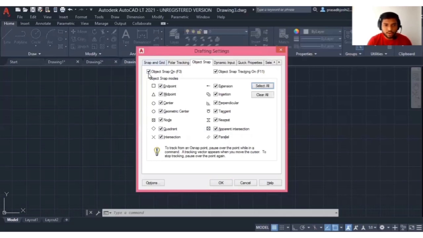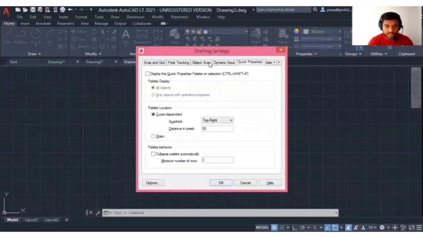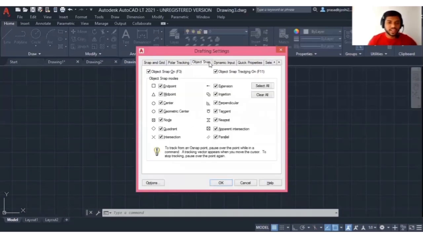Click on this box to activate object snap mode. Also the shortcut for object snap is F3. Then we have dynamic input, quick properties, etc. The basic thing we have to do in drafting settings is click on object snap mode and click on OK.